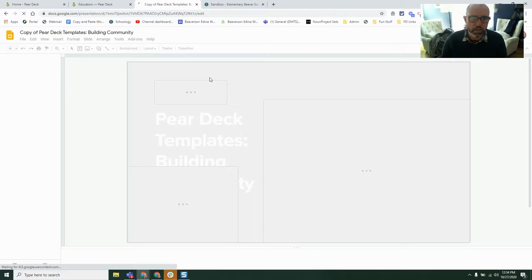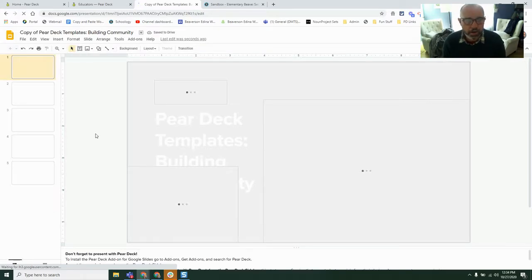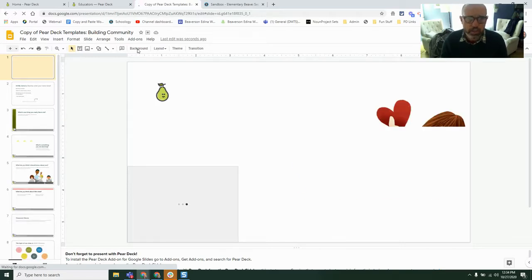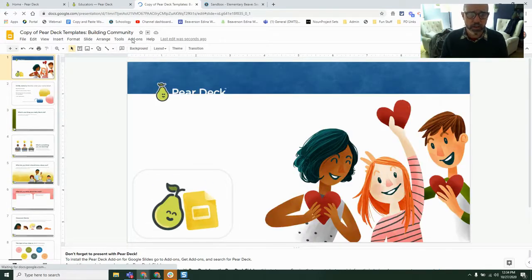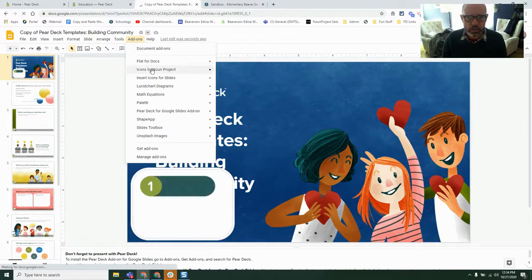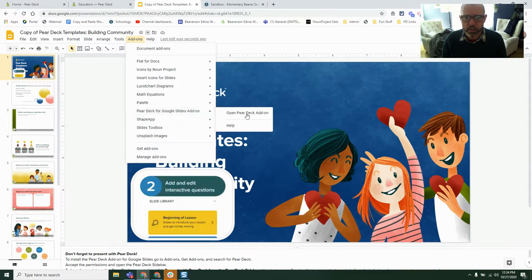There it goes. Okay, now it's made a copy of the PearDeck with PearDeck slides built into it. PearDeck slides are the slides that PearDeck provides for interacting with the content. And so the key here is PearDeck is available through the Google Slides add-ons. Right down here, I've got PearDeck. I'm looking around. There it is, Google Slides add-on. So if I open that,